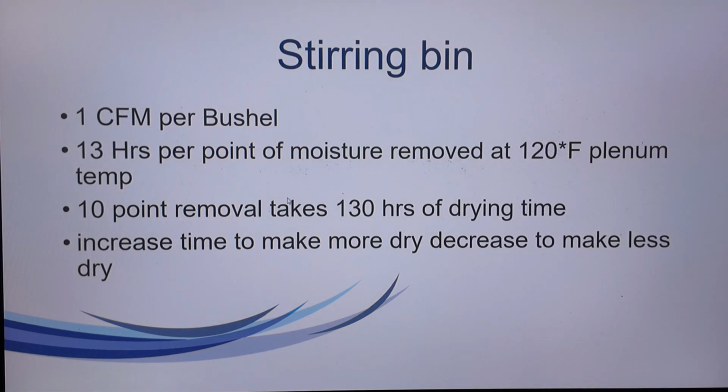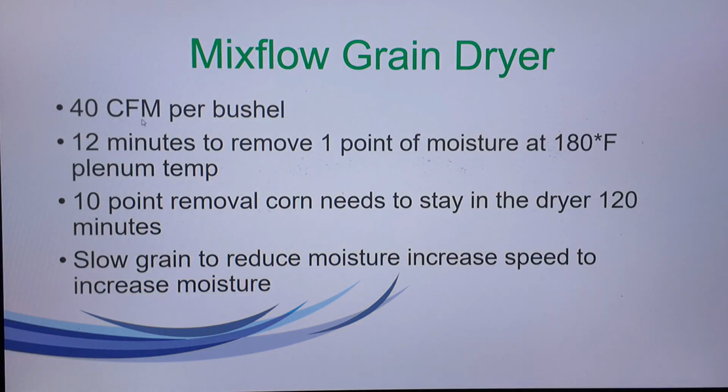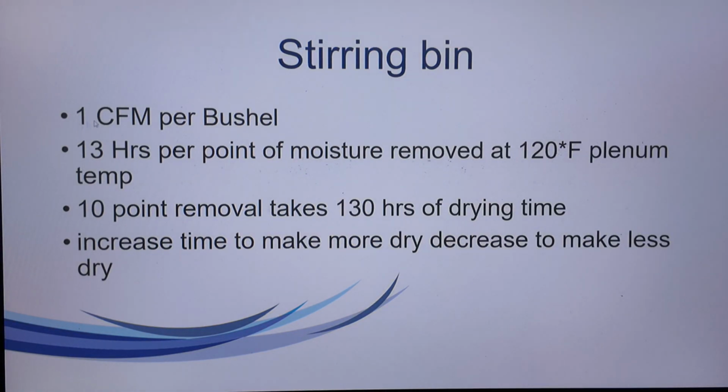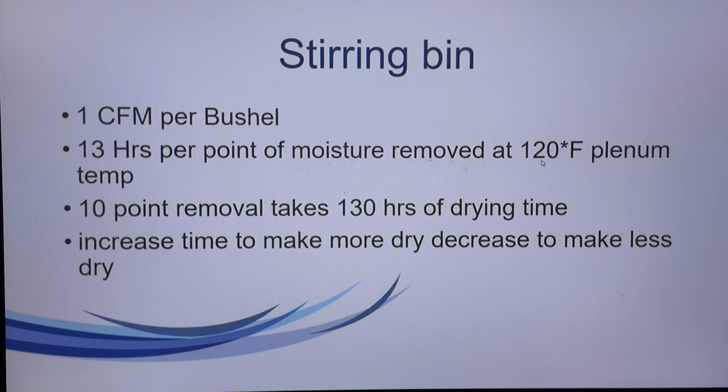Stirring bins. When we look at a stirring bin, you're going to have about 1 CFM per bushel. So our airflow goes from 80 on the crossflow, 40 on the mixed flow, to about 1 CFM per bushel. So it's going to take 13 hours to remove 1 point of moisture at 120 degree plenum temp. Now, here you're going to see on the stirring bin, I'm not going to recommend 180 degree plenum temp because